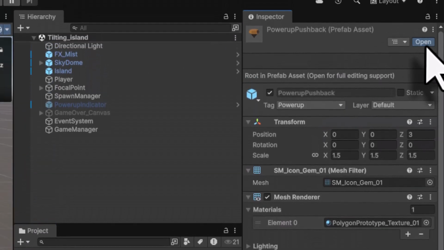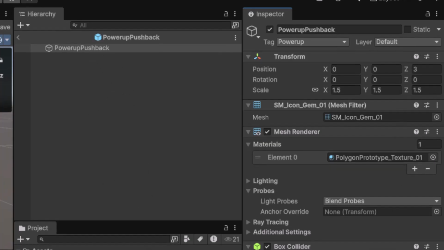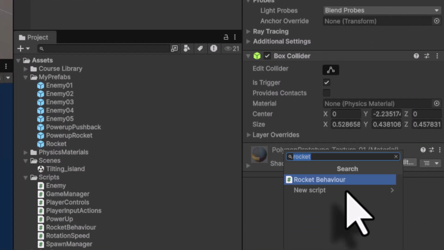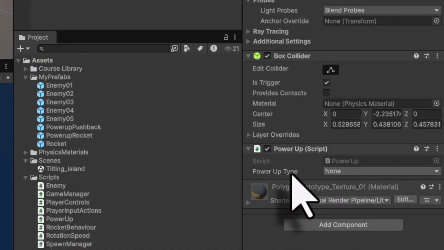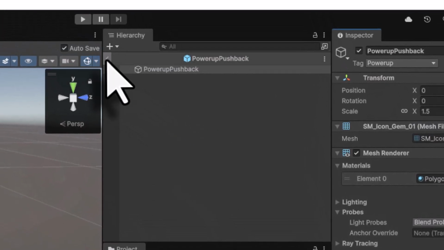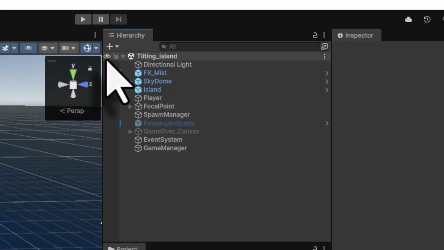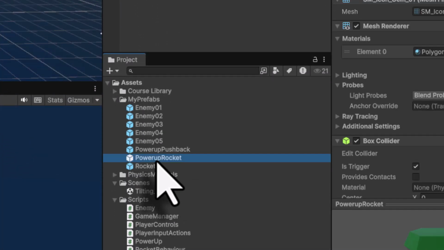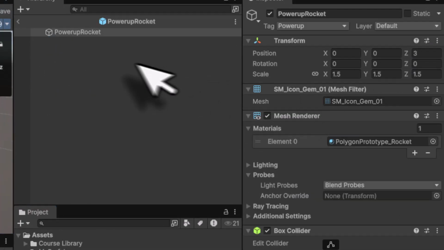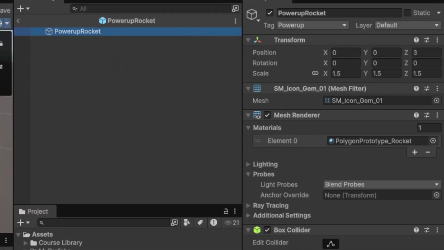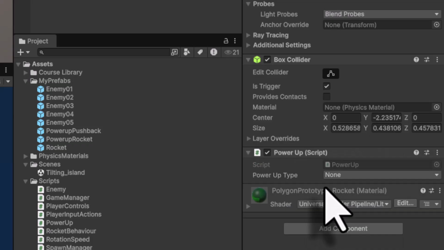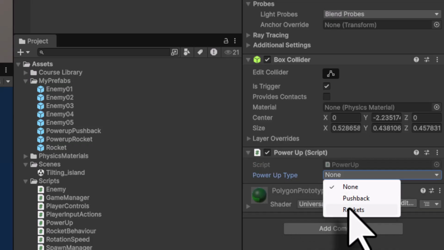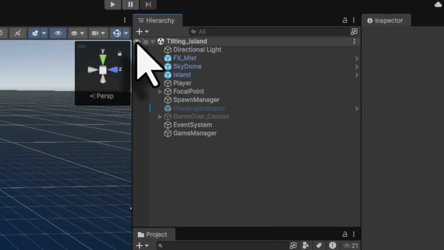In the inspector, I will click on Open. Selecting this prefab, I will come into Add Component, and now I am going to call this PowerUp Enumerator. And in this enumerator for Pushback, I am going to select Pushback. Then I will come to the top, click on this arrow to come back to the hierarchy. Then I will again come into my prefab and I will select PowerUpRocket. Come into inspector, click on Open. Select this PowerUpRocket, and in the inspector, click on Add Component PowerUp. And now for this in PowerUpType, I will select Rockets and I will click on this arrow and come back